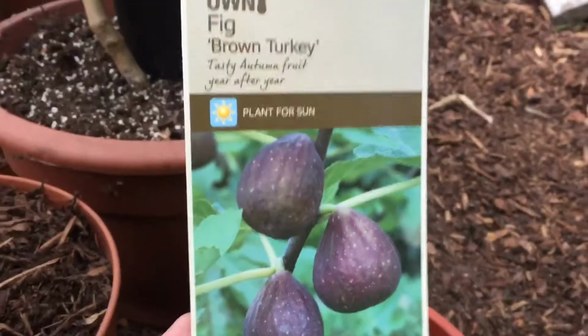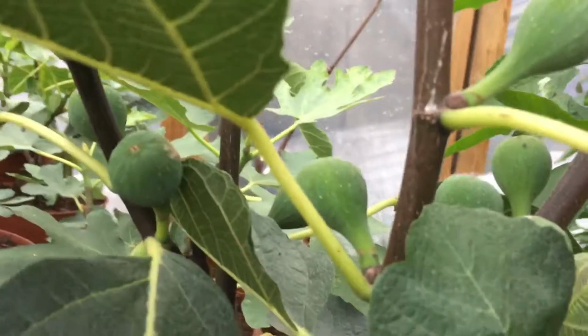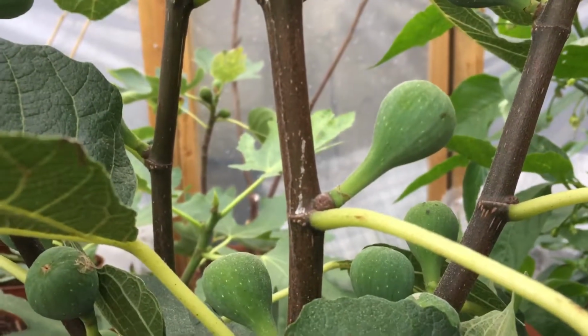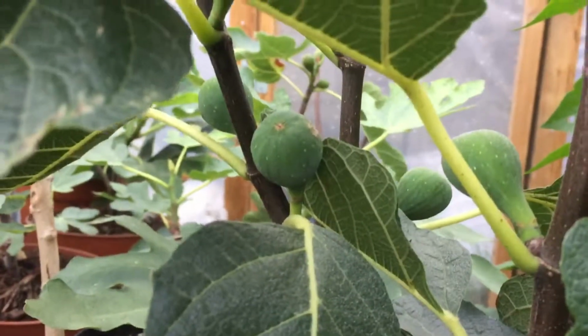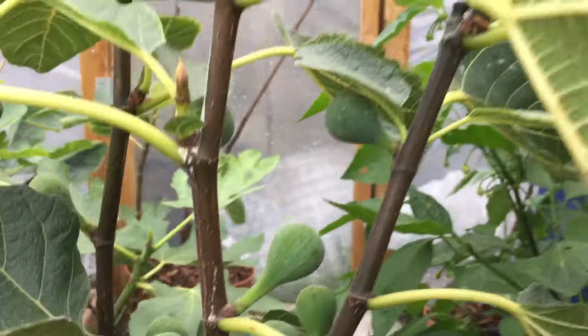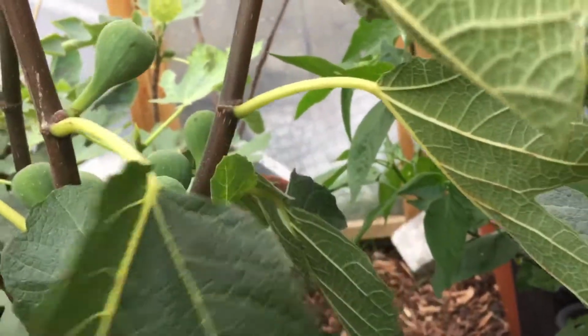Now this one here, I got recently in a shop called Homebase, and it's labelled as Brown Turkey. Now when I went to buy this, or have a look at the tree really, there was a fig on it that was half ripe, and I took it off and ate it, and it was probably the nicest fig I've ever tasted in my life. It was super sweet, super jammy, it was just absolutely gorgeous. Now I think they shipped this in from Spain, so maybe it ripened in the heat and tasted really good, but